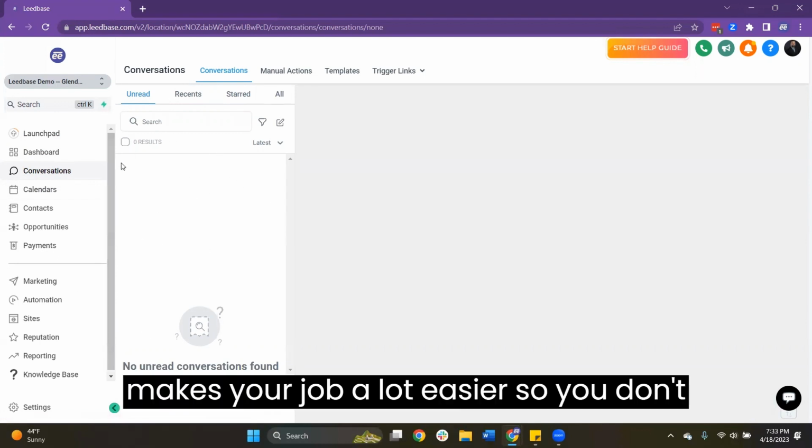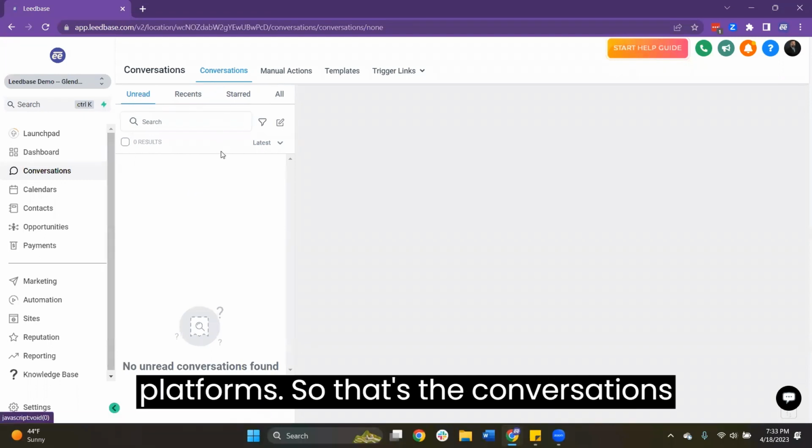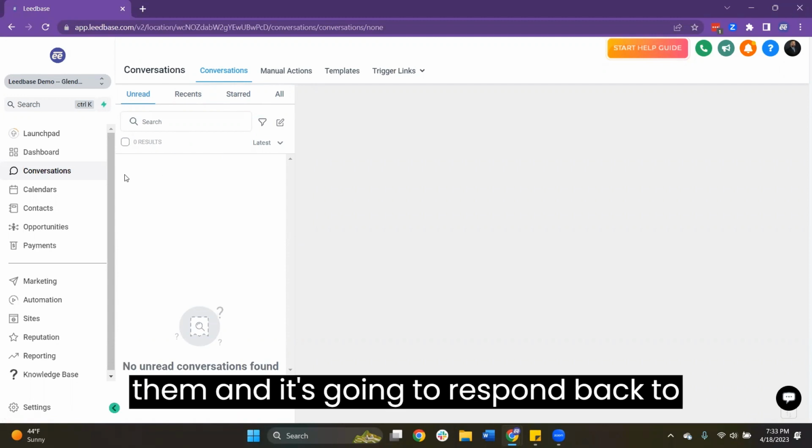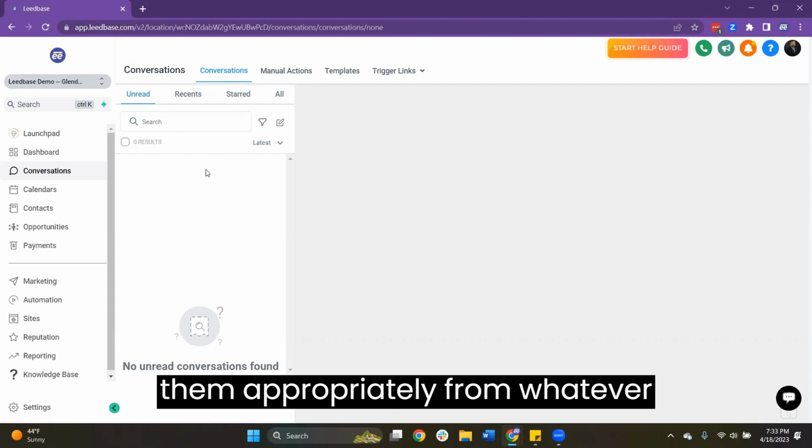That makes your job a lot easier, so you don't have to log into all those different platforms. So that's the conversations tab. You're going to see what all those look like. You could respond back to them, and it's going to respond back to them appropriately from whatever platform that they